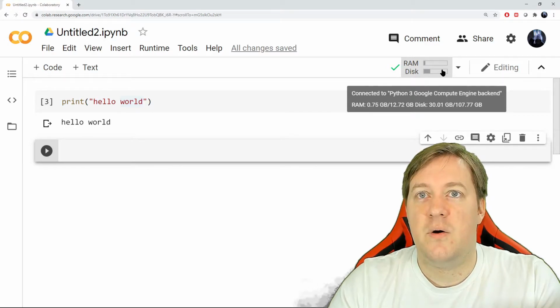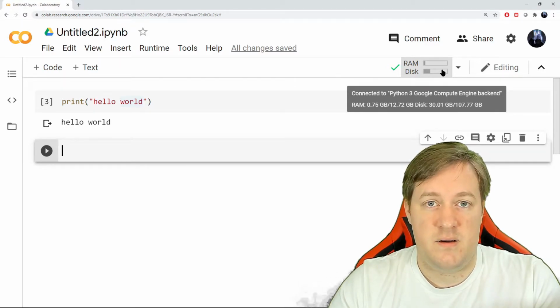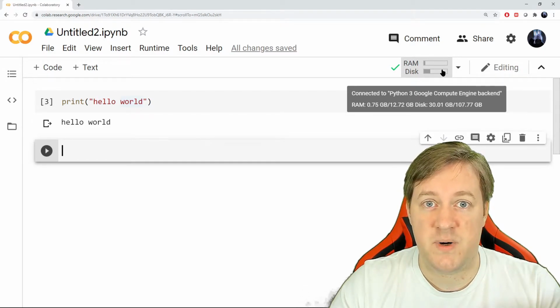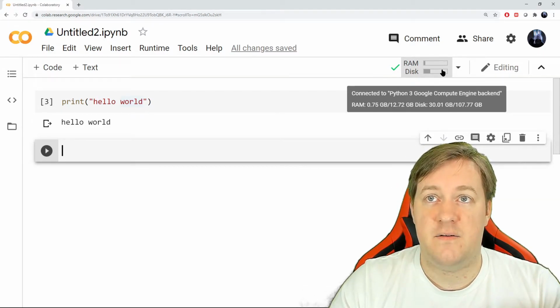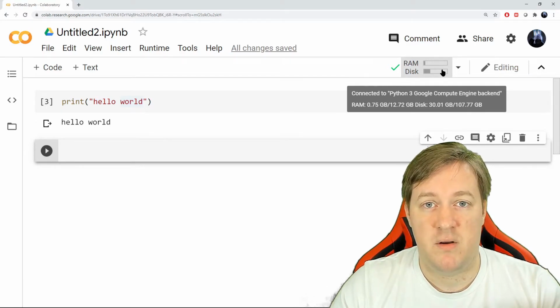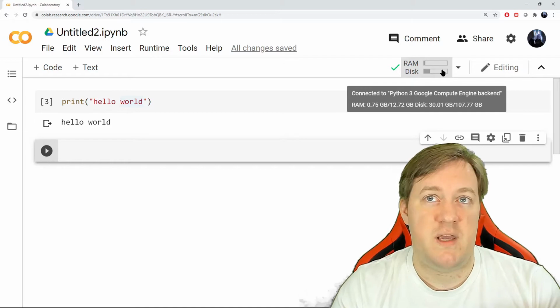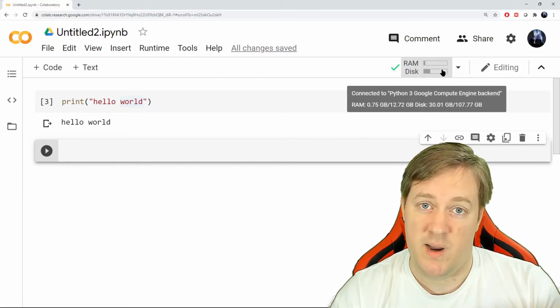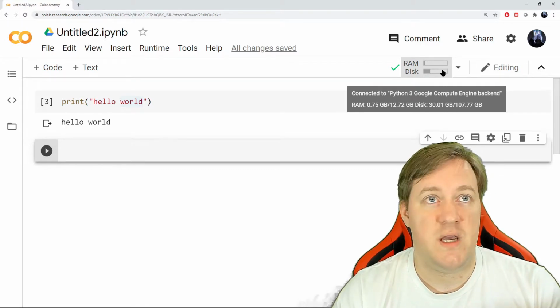So look at what we have here. RAM, 0.75 gigabyte out of 12, a bit more, almost 13 gigabytes for free. And the disk, you got 30 gigabytes out of 100, a bit more. So that's super useful. You can add a lot of things here. You won't have too much issue with memory, especially right now when we're starting,